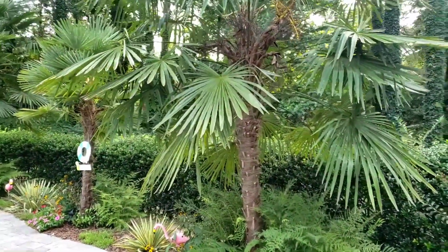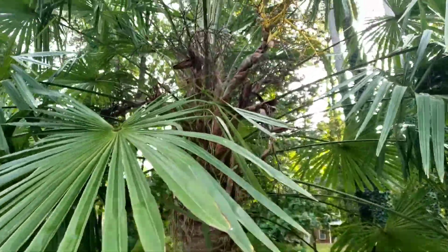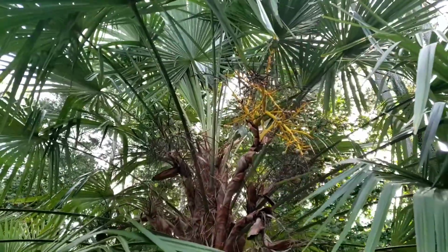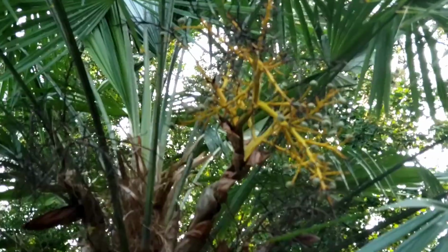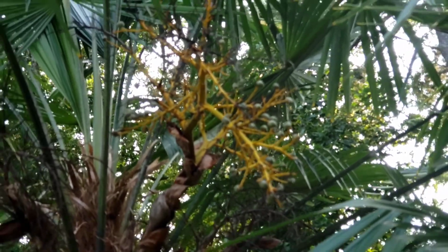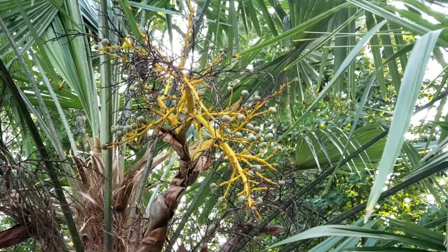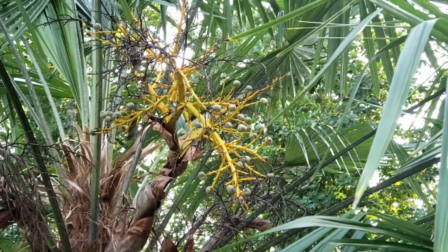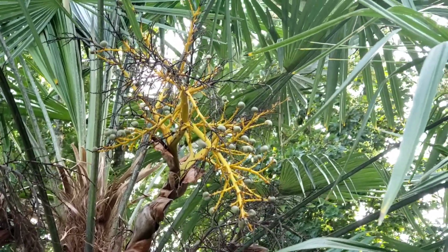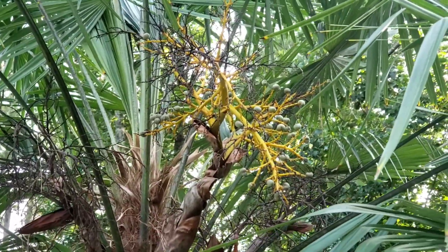So you see, this is the windmill palm tree, which blooms in the springtime. It makes bright yellow, big flowers, and then the flowers turn into these seeds. As you see, they're green, kind of like green peas. Those seeds eventually turn black. You're supposed to collect the seeds when they turn black, and when you want to plant them, you need